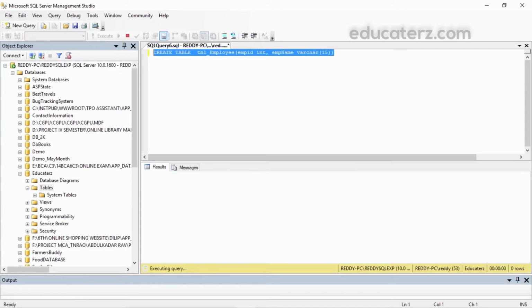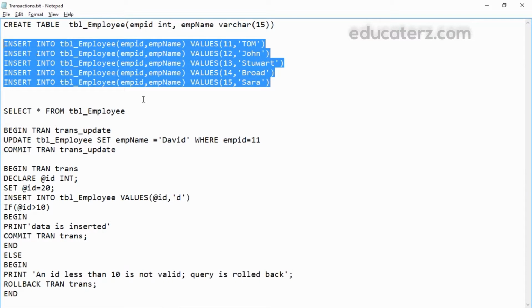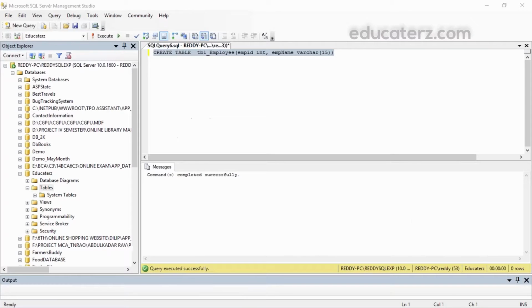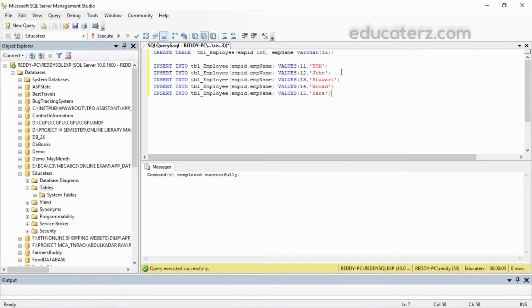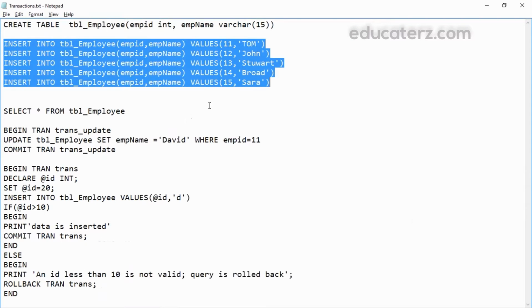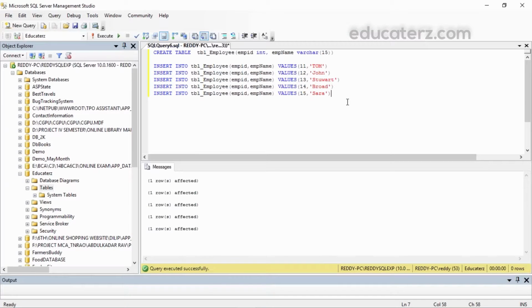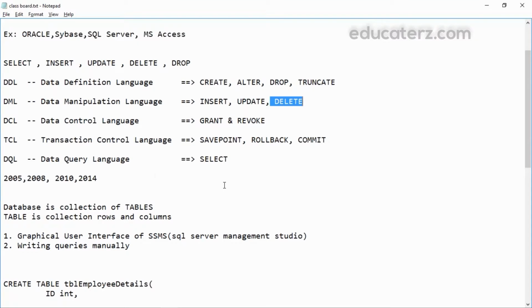Create the table TBL employee. Table is created. Now I wanted to insert some values into that particular table. Then execute this. It's executed. Now let us see whether it is inserted or not. Now the values are inserted.